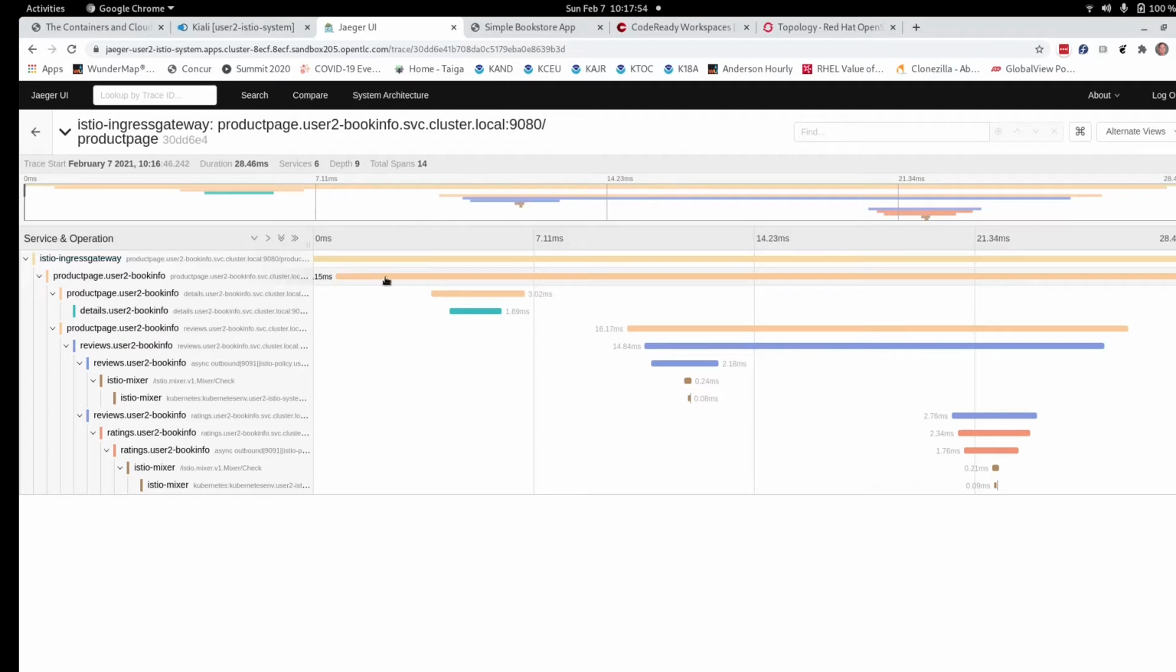The product page itself, that call took up the bulk of the duration, of course, and it did first the call from book info, and then went down and traced within the product page. Here's the response of the product page. Here's what went on inside the product page. Same with the reviews here, and then here we have